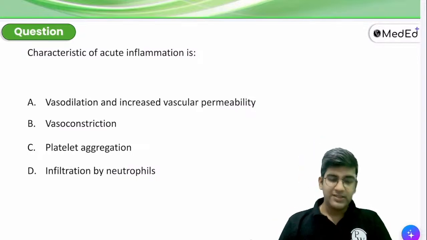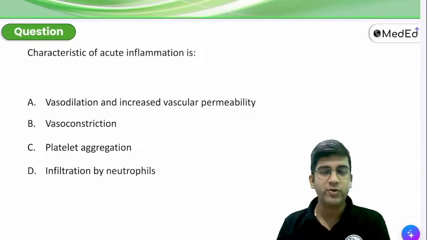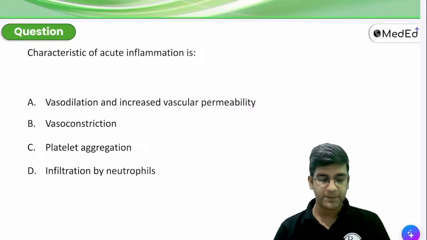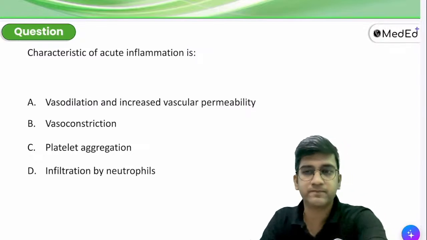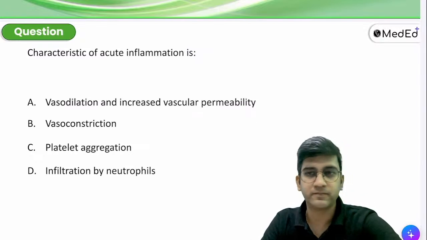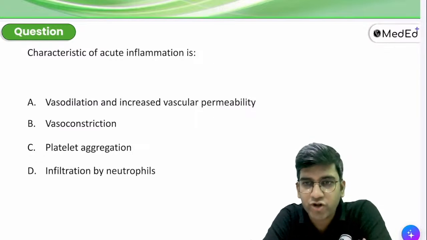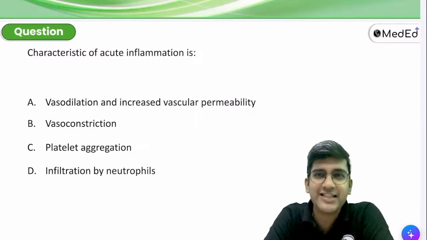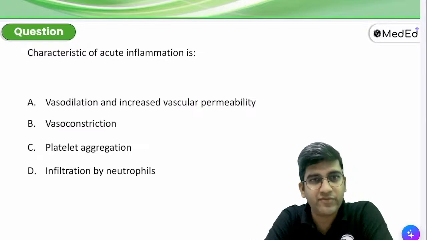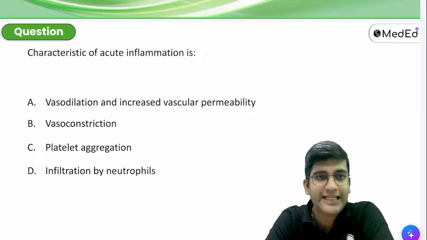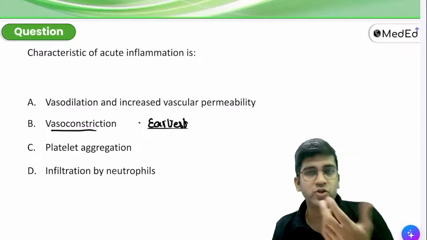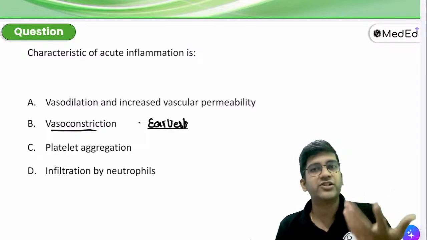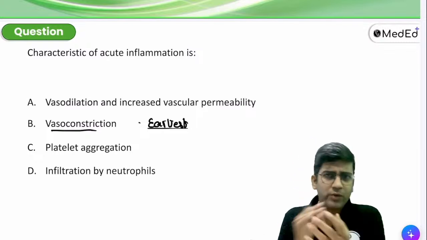So this is the first question. The characteristic feature of acute inflammation is, everyone online, A, B, C or D. What is the right answer? Obviously it is... Okay, Dr. Nitin has started. It's A, right? It's a very simple question. The characteristic feature of every acute inflammation throughout the body is vasodilatation and increase in vascular permeability. If the question is which is the earliest feature of acute inflammation, the earliest feature is vasoconstriction, right? Because if someone is going to hit you, what will be the first response? You will try to protect or hit back? Obviously you'll try to protect, right?